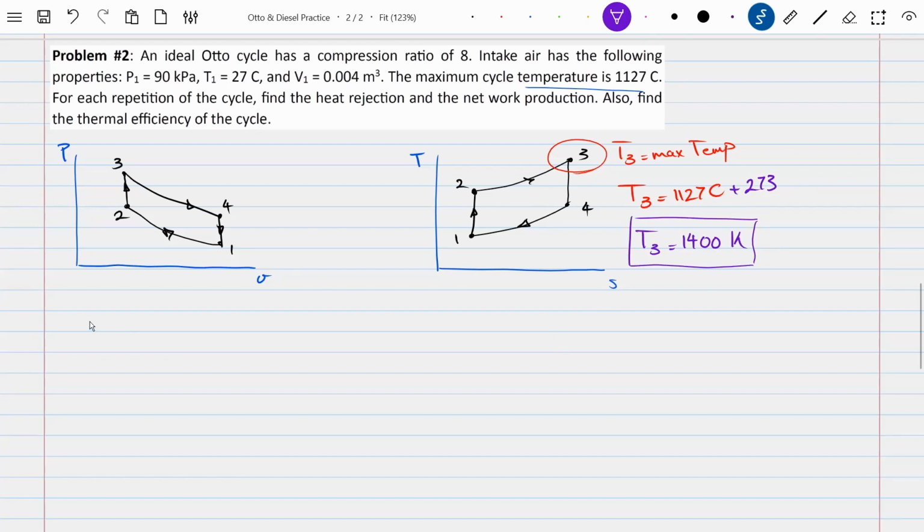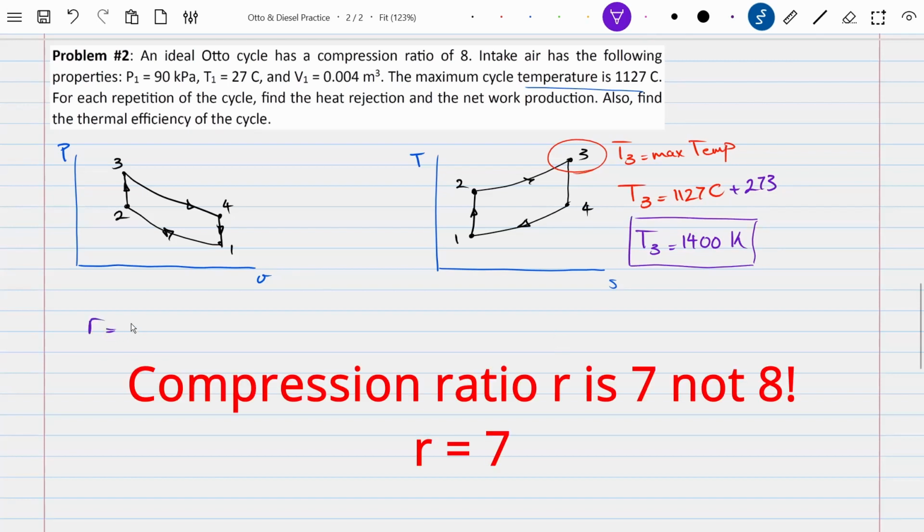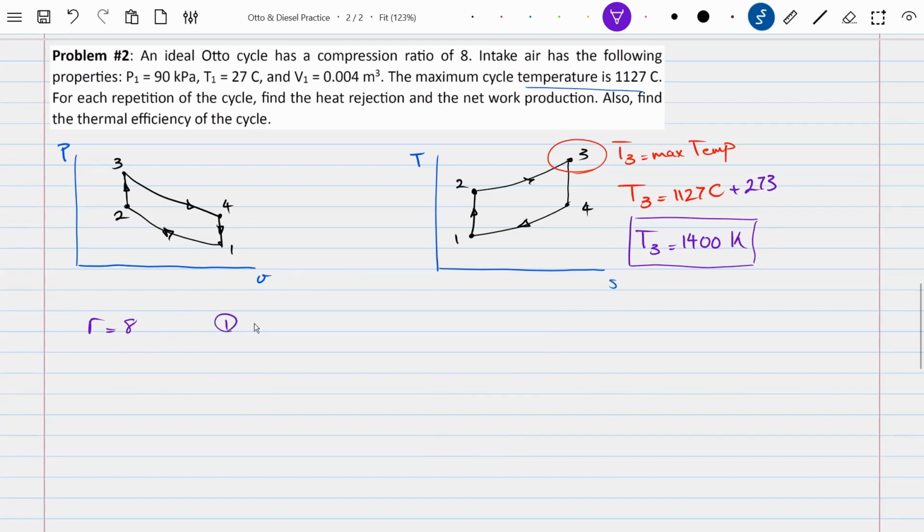Let's list the rest of the problem information. So our compression ratio is 8, very good. The intake information, P1 is 90 kilopascals, very good. T1 is 27 degrees Celsius. Same story as before, change it to Kelvin, 300 Kelvin. And volume 1,